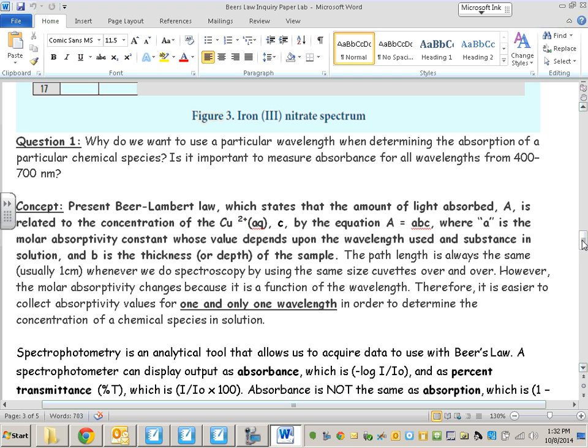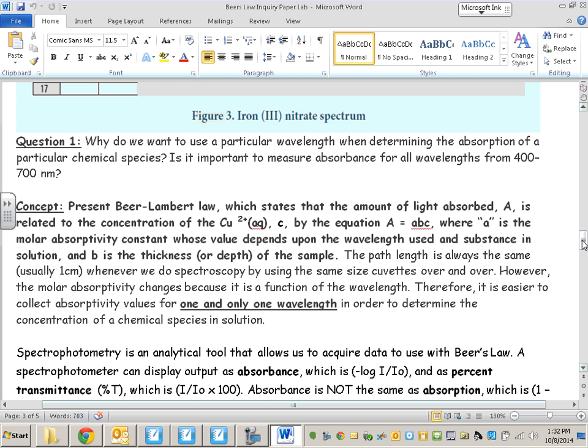All right, you go to the ABC store. A is equal to a, b, c. This is called Beer's Law. This is not where people go to get beer, but that is called Beer's Law. And I remember it's because it's the ABC store. Okay, big A here is absorbance. A little a here is molar absorptivity. b is path length,